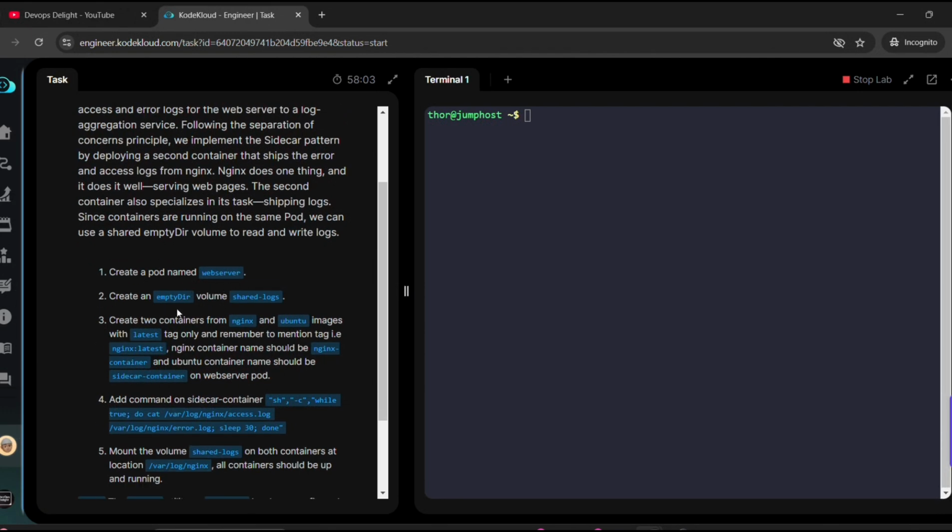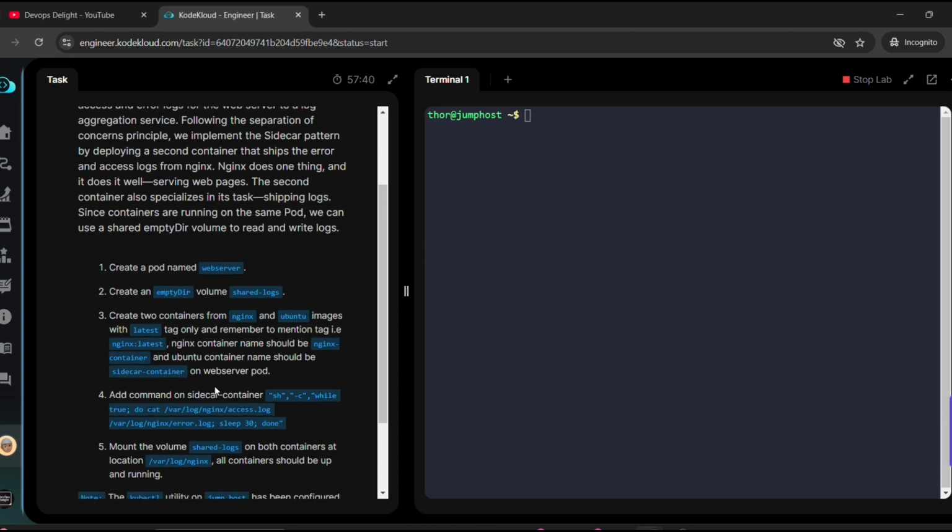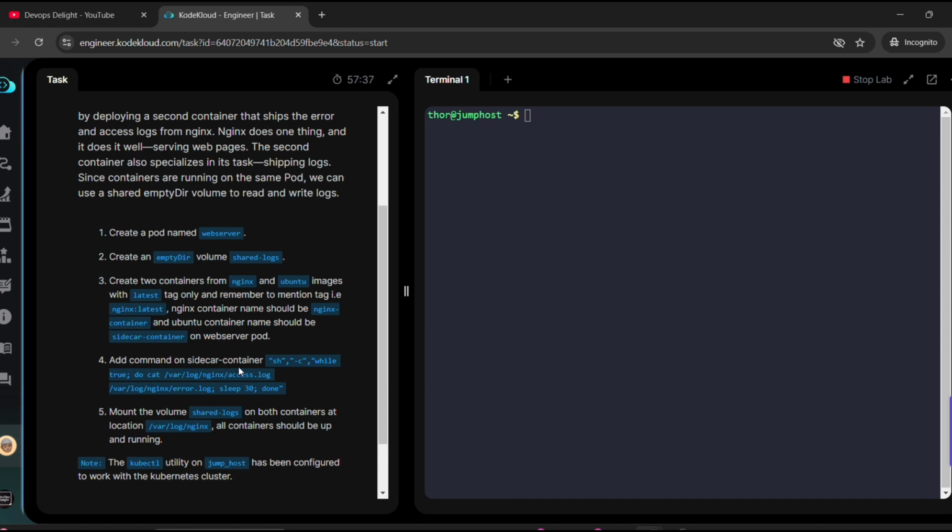2. Create an emptyDir volume shared-logs. 3. Create two containers from Nginx and Ubuntu images with the latest tag only, and remember to mention the tag, that is nginx:latest. Nginx container name should be nginx-container and Ubuntu container name should be sidecar-container on the webserver pod. 4. Add a command on the sidecar container: